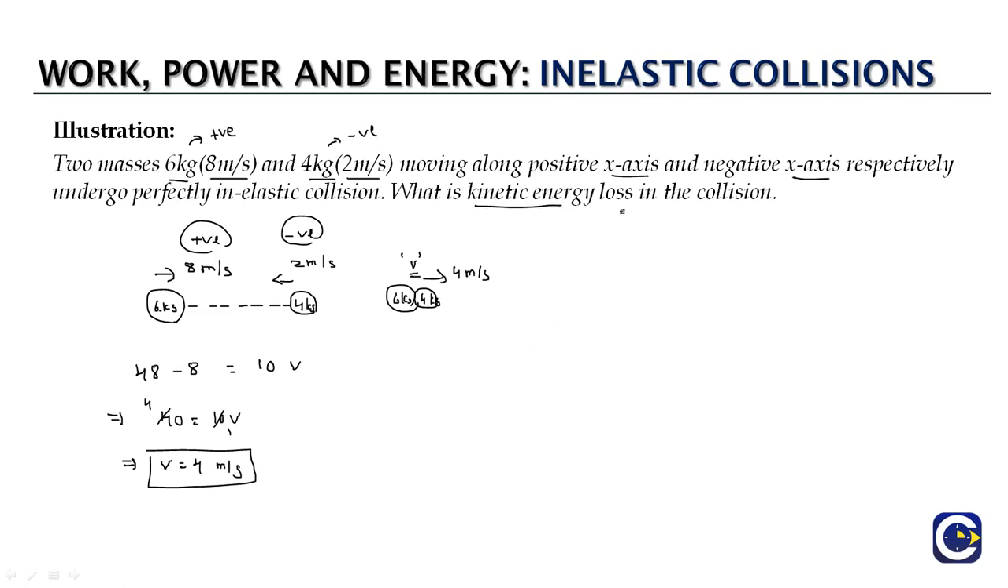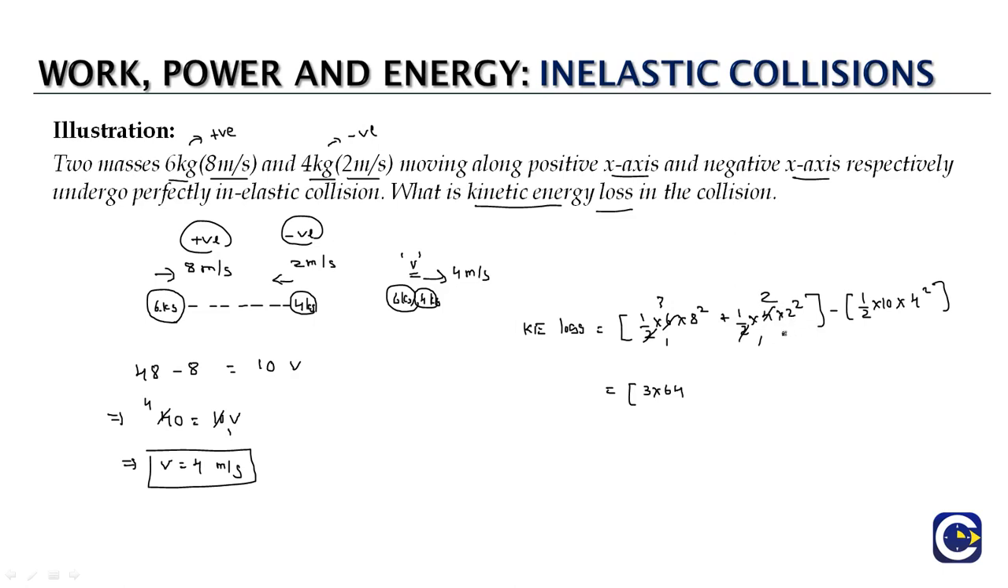Now we have to find what is the kinetic energy loss in this collision. So the kinetic energy loss in this collision will be equal to total initial kinetic energy of the particles minus total final kinetic energy of the particles: half into 6 into 8 square, the initial kinetic energy of the 6 kg particle, plus half into 4 into 2 square, the initial kinetic energy of the 4 kg particle, minus finally both the 6 kg and 4 kg are moving together like a single particle whose mass will be 10 kg, half into 10 into the common velocity 4, so it will be 4 square. So here we have 2 1s are 2, 3 into 64,